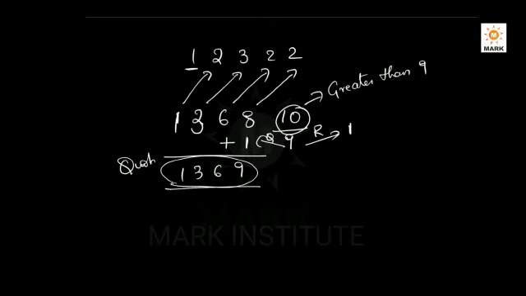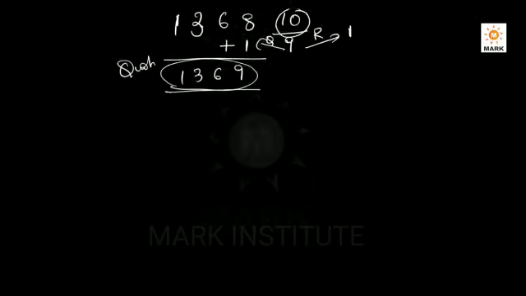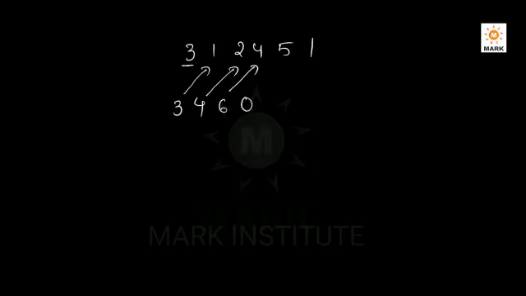Now let us see a bigger number. I am taking a very big number, 31241. So I am writing the first number 3 as it is. 3 plus 1, 4. 4 plus 2, 6. 6 plus 4, 10. 1 is the carry forward. Always you have to write the units digit here. So whatever the remaining numbers that you get, they are nothing but carry forwards for the previous number. So again 10 plus 5, 15. So again 5 here, 1 here. So 15 plus 1, the last number will be 16.